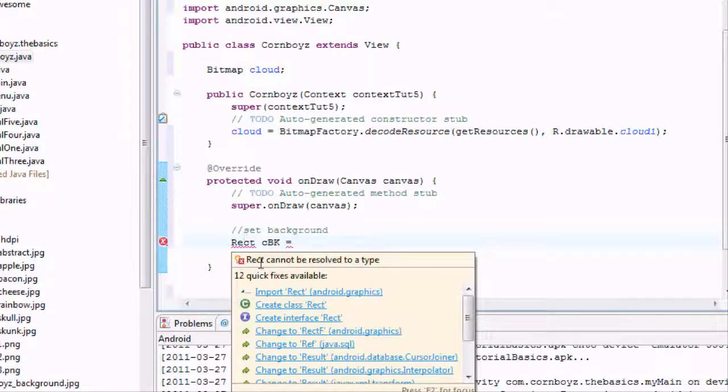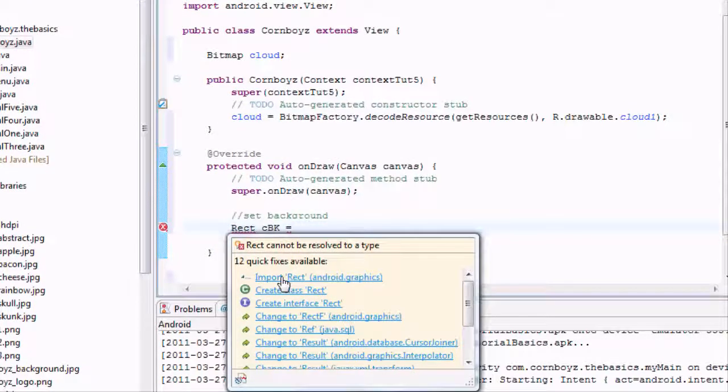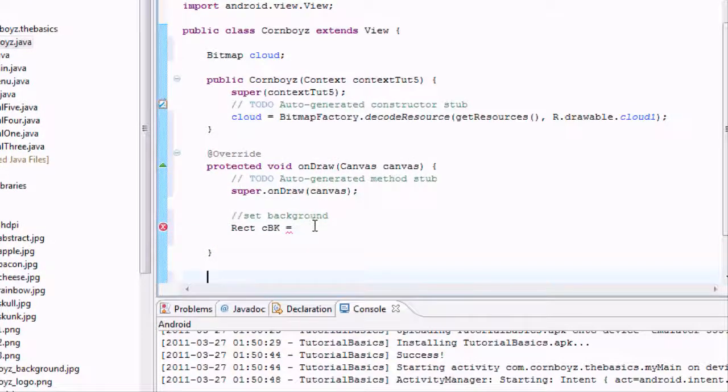It's going to equal, well, first we're going to import the Rect. So we imported that, and then we're going to say new Rect. So it's going to know it's going to be some kind of rectangle. And now we need to set up what that variable is going to do, what parameters we want, all that great stuff. So we're going to say cbk dot